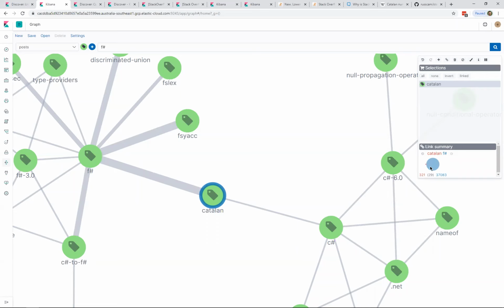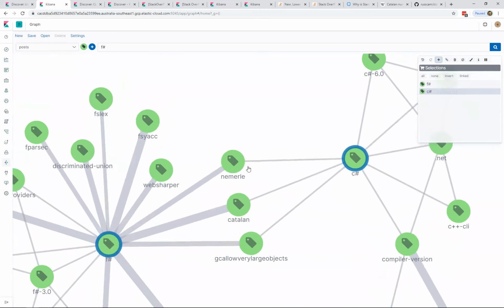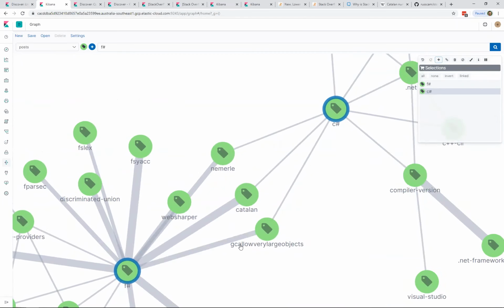So F# has this Venn diagram here. The F# tag appears 37,000 times, and the Catalan one appears 321 times. But there's also some overlap here with C#, and we can keep expanding out and seeing what other tags are related to the two. So NML is another .NET language. It's a community .NET language, and garbage collection allow very large objects is another tag significantly related to F# and